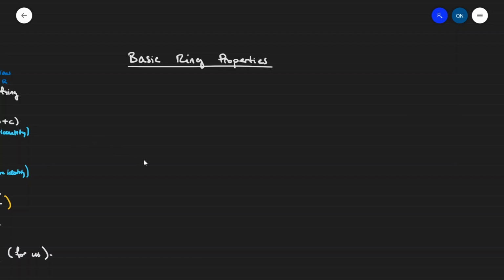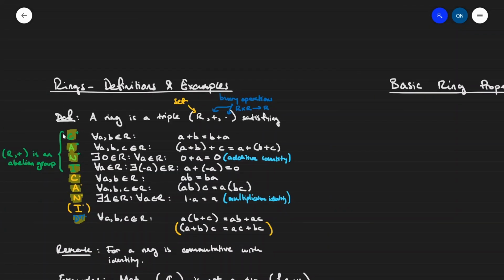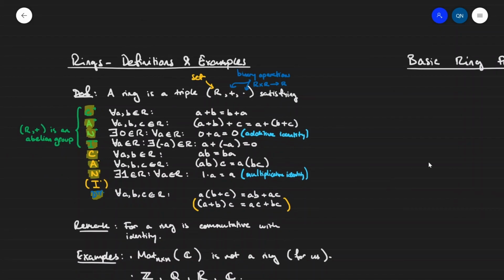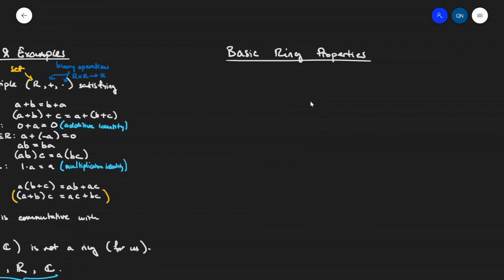Greetings everybody, and today we're going to be taking a look at some basic properties of rings. So in the previous video we took a look at the definition of a ring as well as some examples. We have these axioms over here which define what a ring is, and from these axioms we can deduce some very basic properties that we're used to seeing from primary school algebra, and these also carry over to rings as